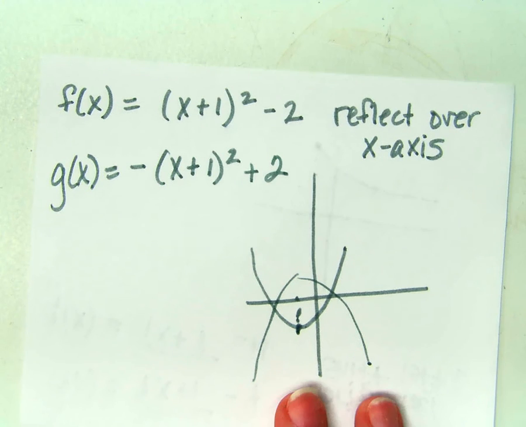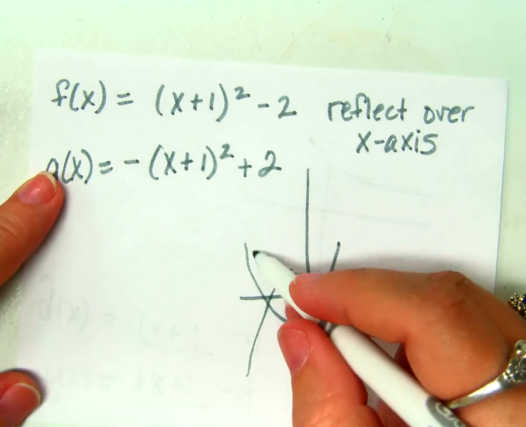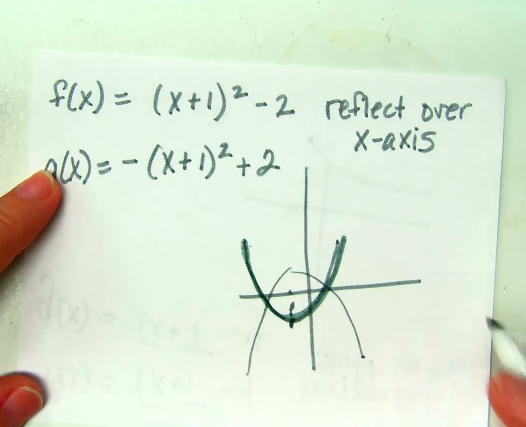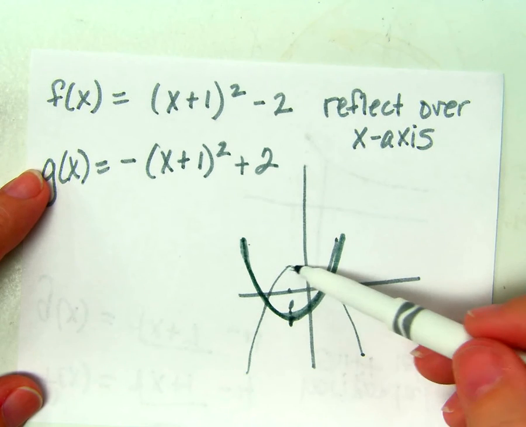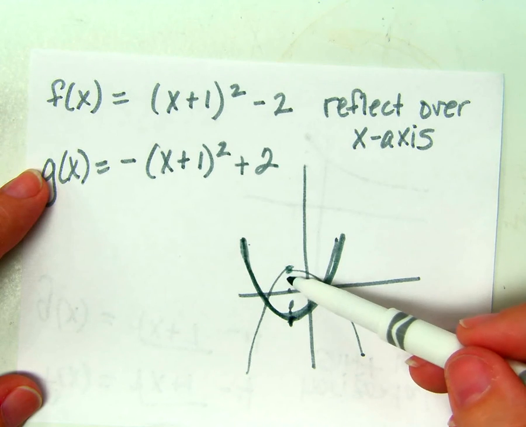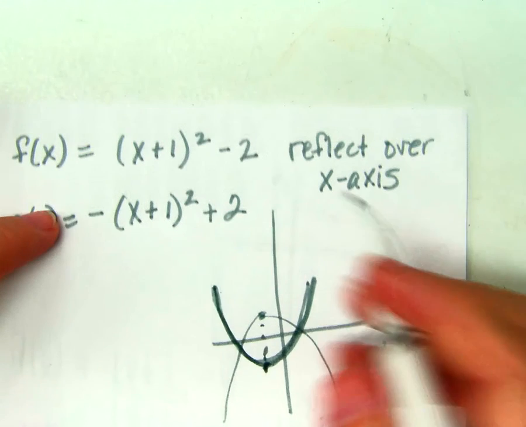So this is one of those places that yesterday I said you kind of got to trust me a little bit, that order matters, and I just want you to do it from left to right. Here's where I can show you that it did, right? If this was our original function right here, right? Okay? I reflected it, so it actually changed where it landed. This landed down 2, so this is going to land up 2, right? But if I took it from the parent function and I moved it,